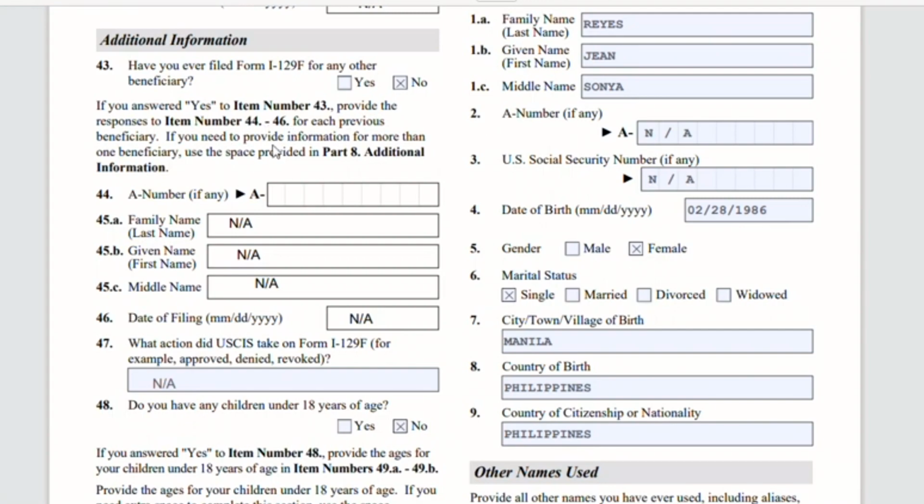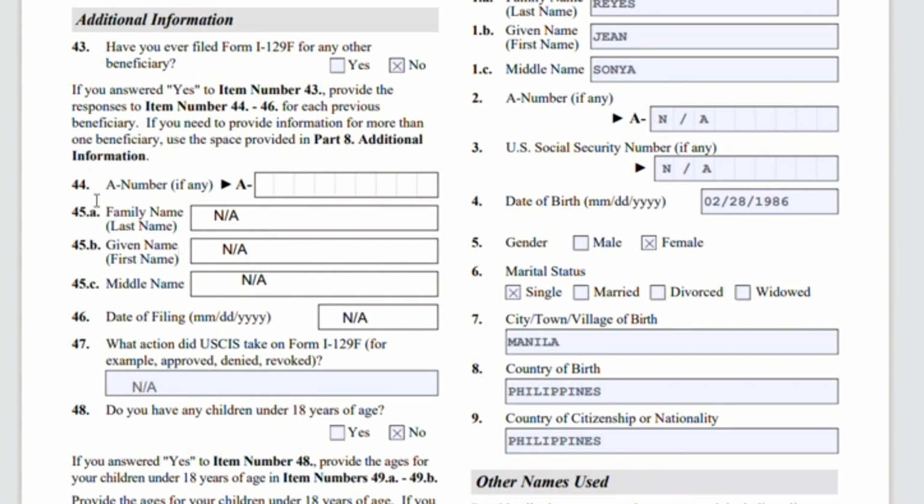If you need to provide information on more than one beneficiary, use the space provided in Part 8, Additional Information. Okay, so if you answered yes, you have to provide the alien number or A-number, the family name, the given name, the middle name, and the date of filing, or the NOA 1 date of your previous